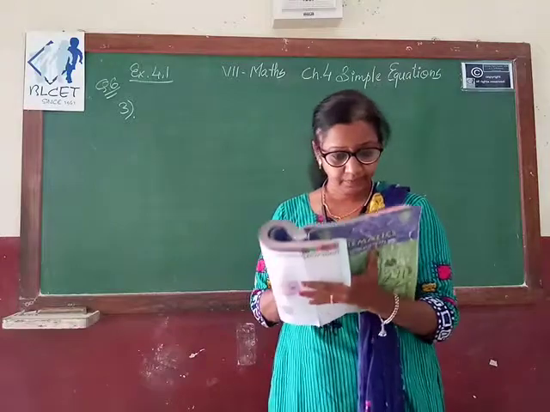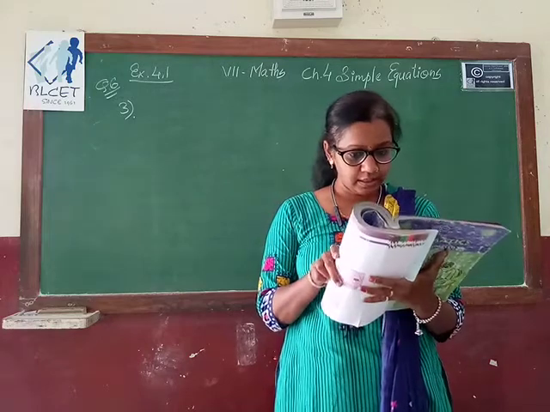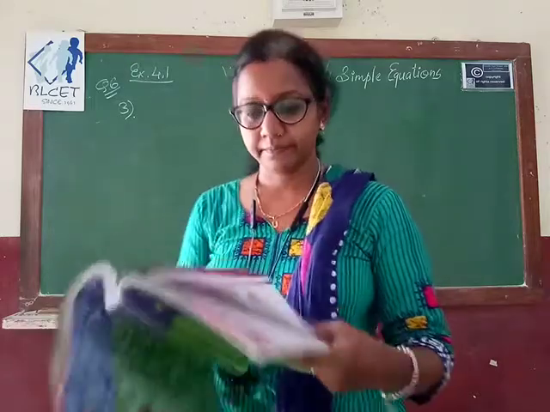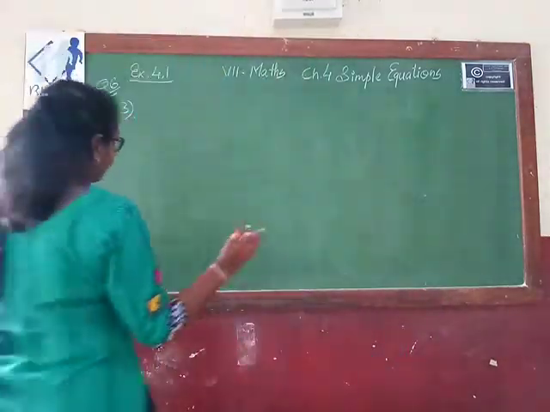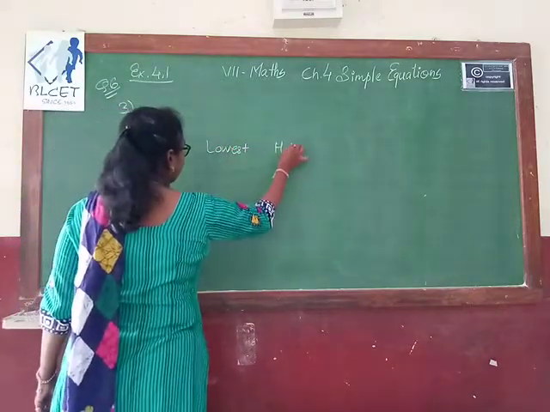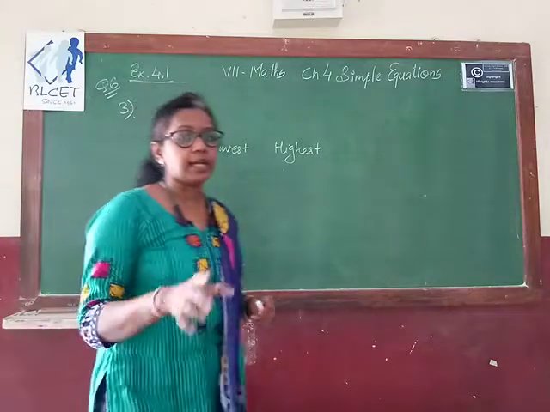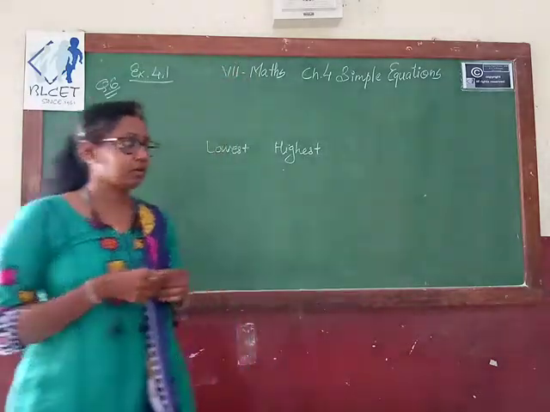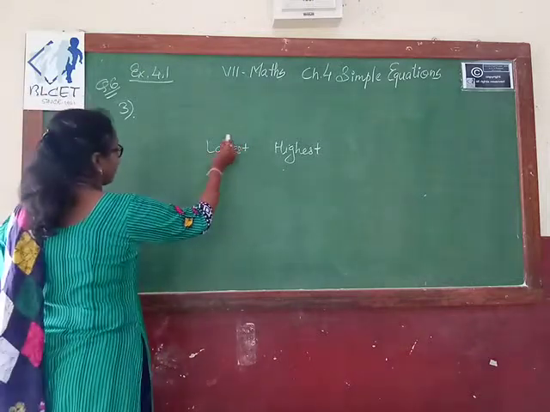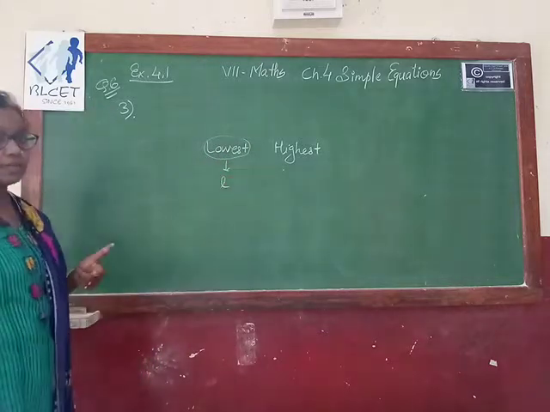The third question is, the teacher tells the class that the highest marks obtained by students in the class is twice the lowest marks plus 7. Okay, so here we have two types of marks, lowest and highest. Remember students, whenever you solve any kind of problem like age, in which you have to consider something as a variable, always think of the smaller quantity, that is lowest. So what do we consider for this? L.